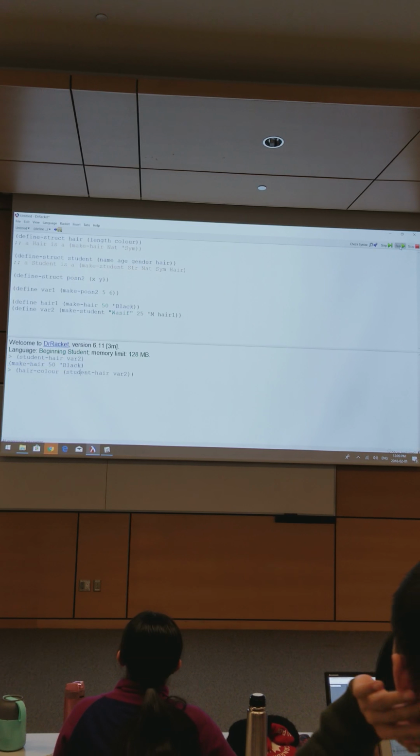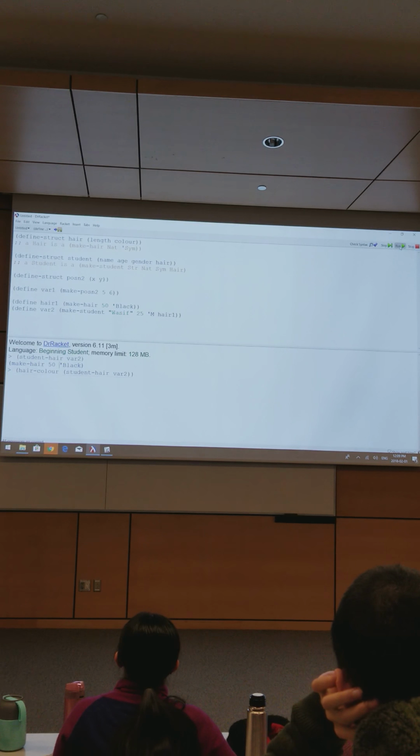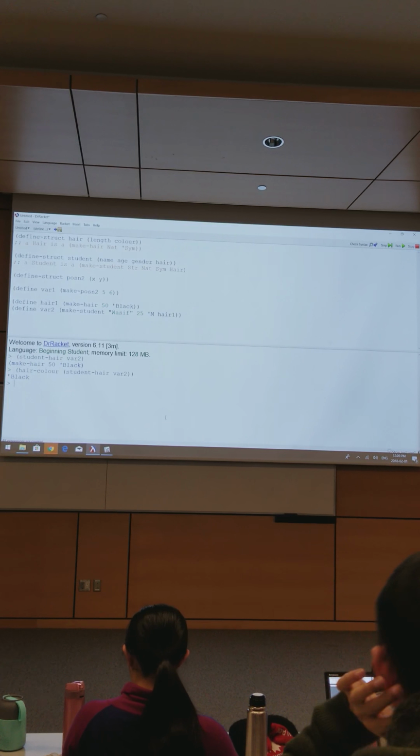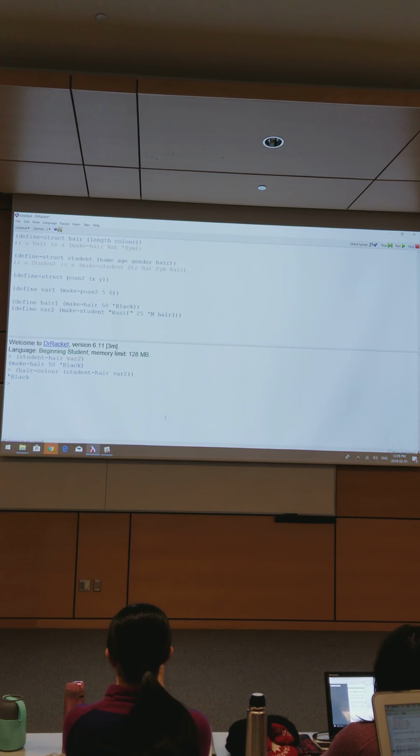Then we're going to do hair-color on this thing. And hair-color on this thing is going to return us black. Does that make sense? So these are selectors. A selector is our way of accessing the different fields